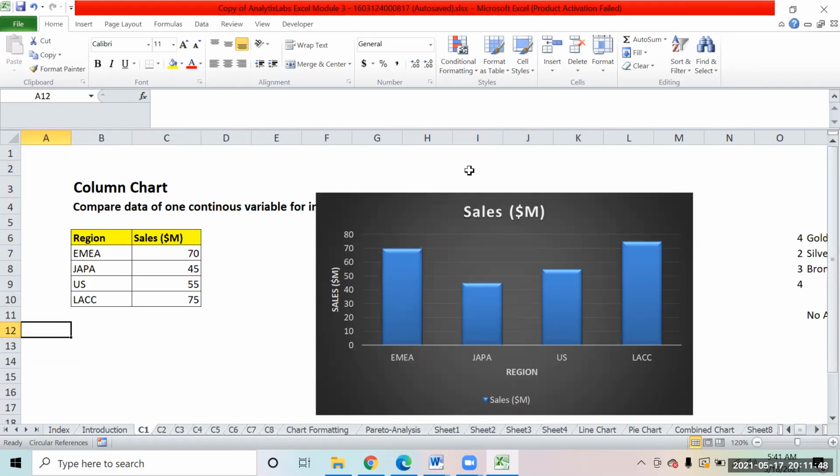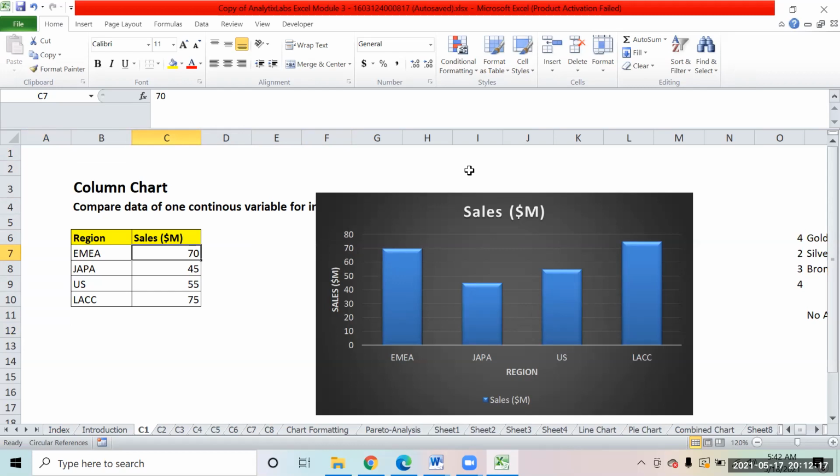Okay, see, today what we're going to do is explore the charts, that is, how we can create charts in Excel. We won't be going very deep with the charts. The reason being, we will be actually exploring and creating charts in Tableau and Power BI. We will be learning to create dashboards and reports in Tableau and Power BI, because these are the tools that are used nowadays for report building and dashboard building.